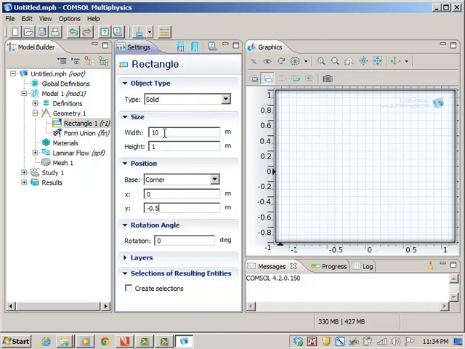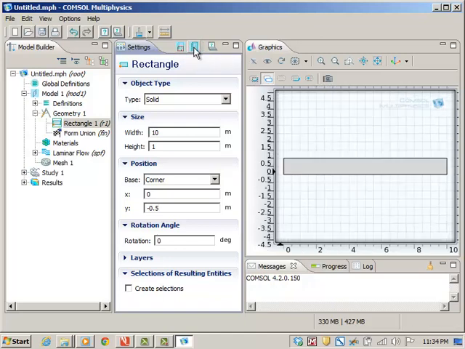So once you have defined this length and width for the rectangle and its base corner vertex position, you can just click this button here for the build selected or build all. So if I select this, it will build this rectangle with the specified dimensions. Okay, so I have built the geometry, and now let's move on to this